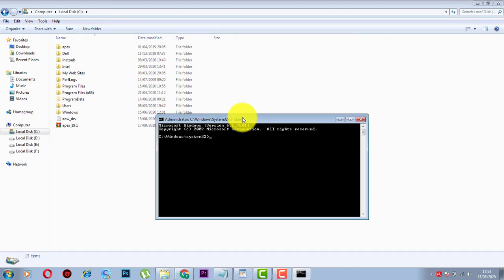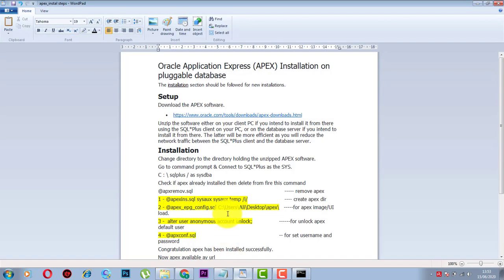Switch to the directory where you want to install Oracle Apex. So I want to install on C, so I am changing my directory to Oracle Apex. Type cd, type the directory name. So I am here.